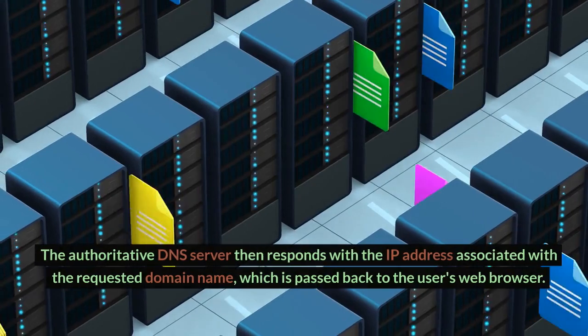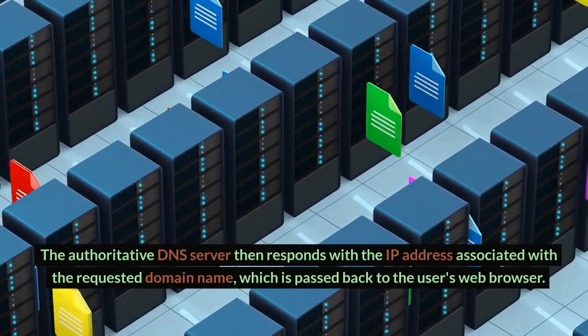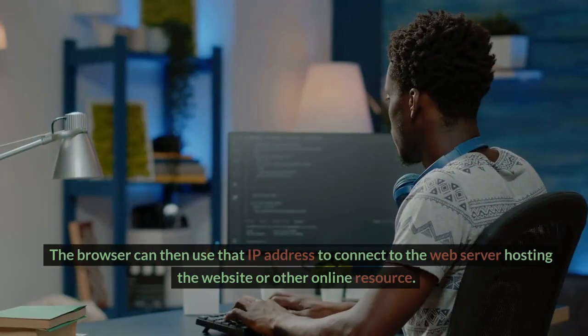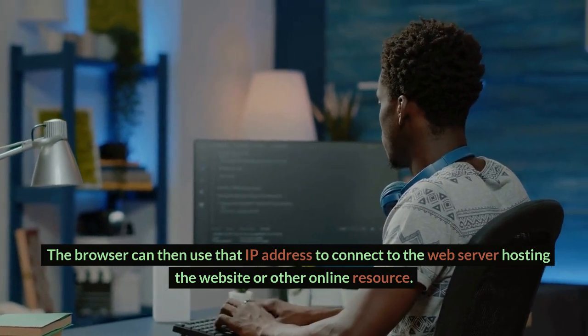The authoritative DNS server then responds with the IP address associated with the requested domain name, which is passed back to the user's web browser. The browser can then use that IP address to connect to the web server hosting the website or other online